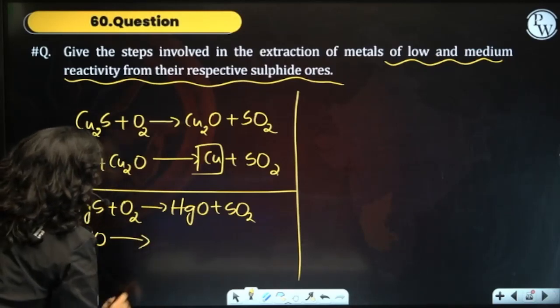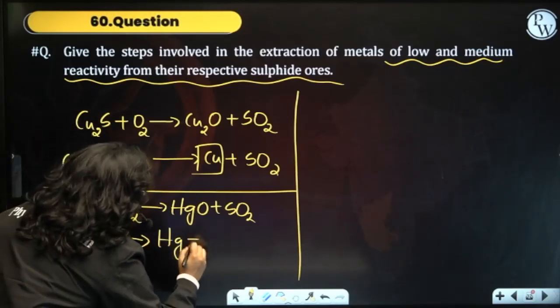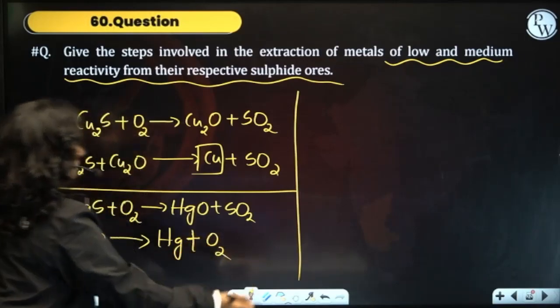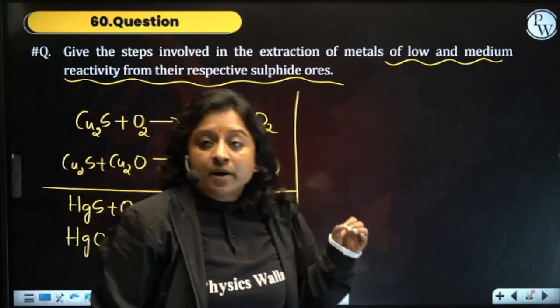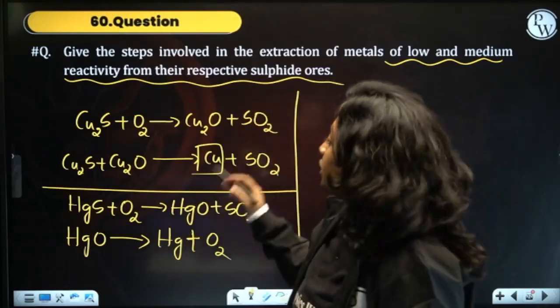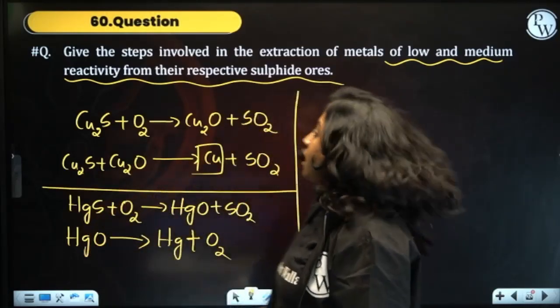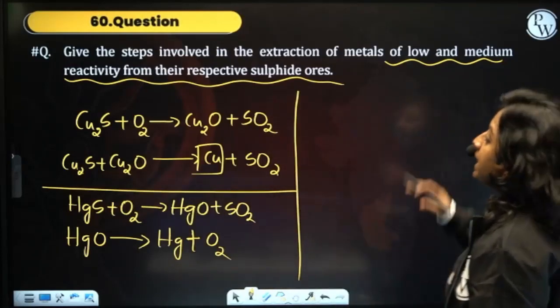Mercury oxide is not stable, so it undergoes decomposition to form mercury plus oxygen. These two, mercury from cinnabar, copper from chalcocite. Okay, this is how you extract. Now getting back to medium reactivity,